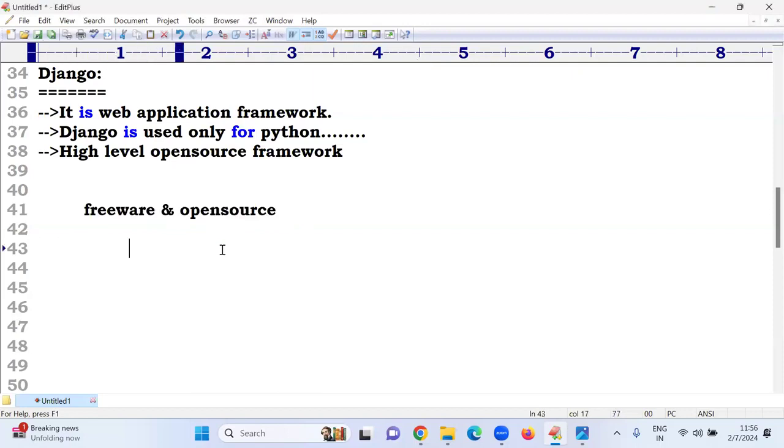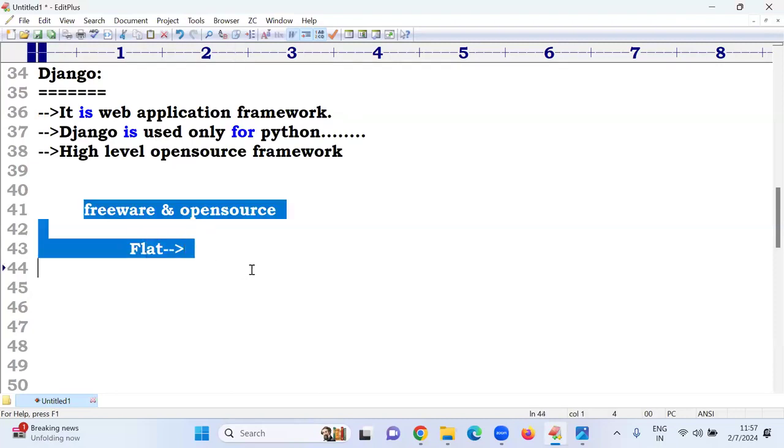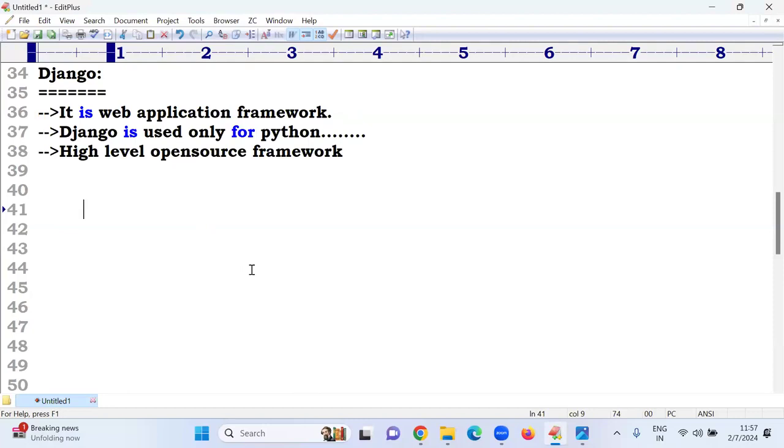For example, sir, if you want to buy a flat in a building, one ready-made flat is there, I can book it, the owner hands it over, and I enter the flat. Then I want to do some modifications based on my requirement. Can I do modifications or not? Yes, renovation we have to do. Suppose I buy a car and want to do extra activities to my car. Possible, my own customizations. That is called open source, like that. So Django is one of the high level open source frameworks.